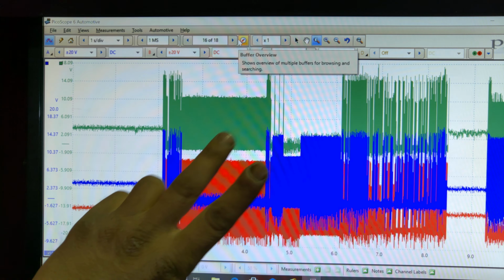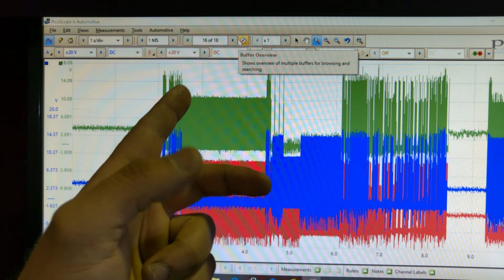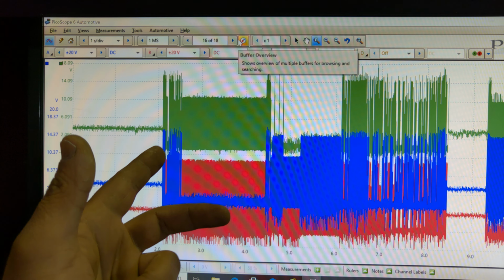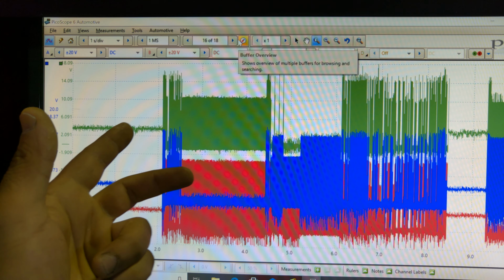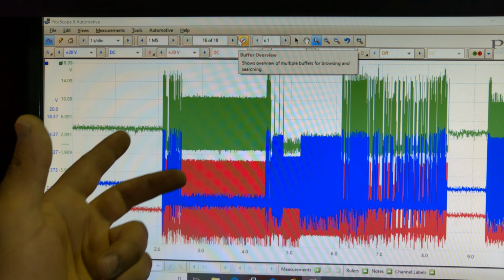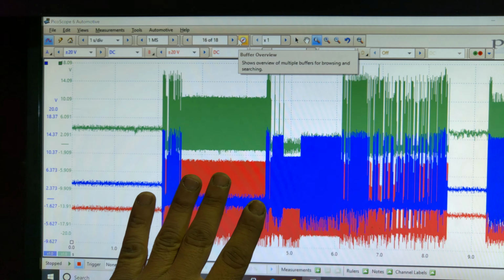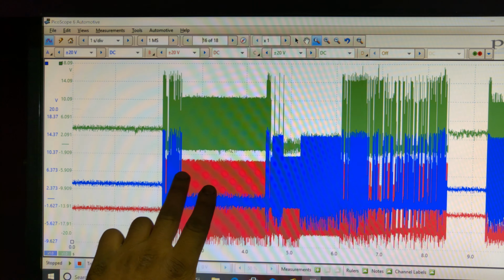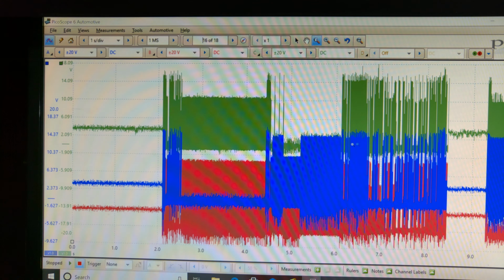Like I told you, there are two in this car, and one is for 1, 3, and 5, I believe. The other one is for 2, 4, and 6 and reverse if it's a 6-speed. If it's not a 6-speed, it's 2, 4, reverse. So 2 actuators to actuate the clutch in and out. So I'm looking at, I think, the reverse clutch here, because that's when this all started to show us